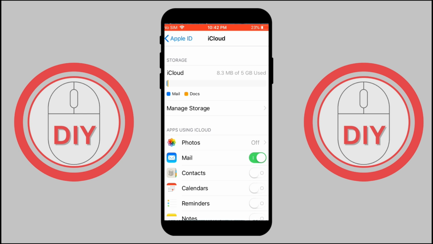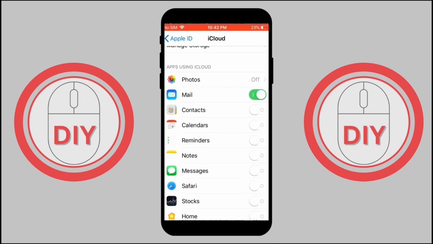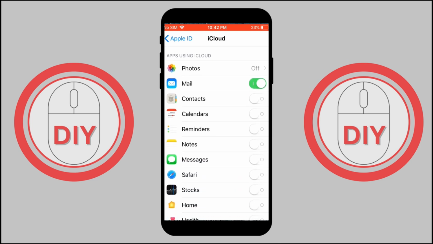Enable App Sync. Scroll down to see a list of apps installed on your device that are eligible to sync data to iCloud. For any app whose data you want to back up, toggle the switch next to it to on. Enable Photos Sync if you wish to save your photos and videos